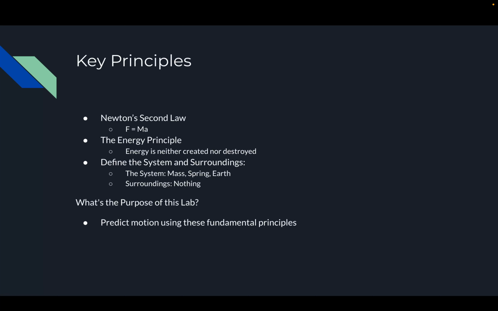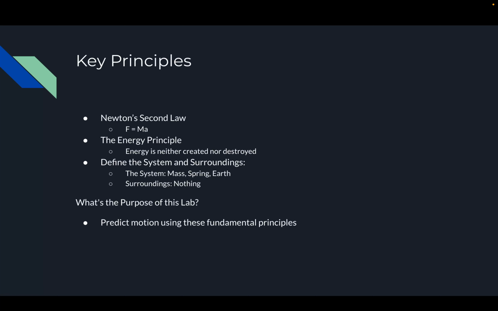And we're also going to need to know the energy principle, which is that energy is neither created nor destroyed in the system, meaning that throughout the entire system, energy is constant. We're going to define the system to be the mass, the spring, and the earth. And the surroundings of this system is going to be nothing. By knowing this, we can determine that nothing is influencing the system, meaning that we are not losing energy